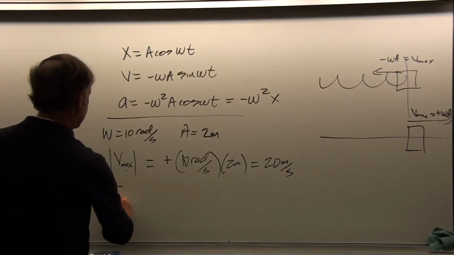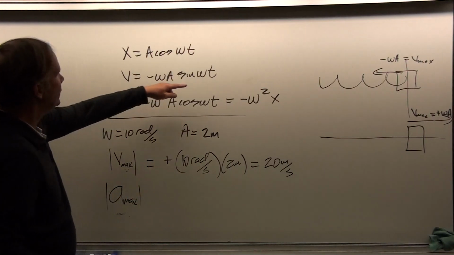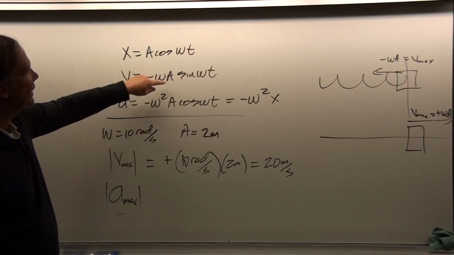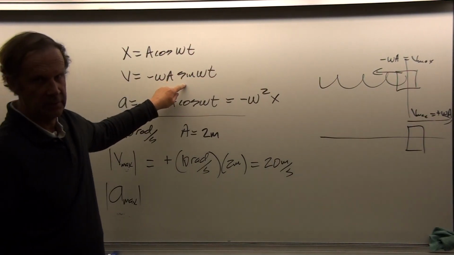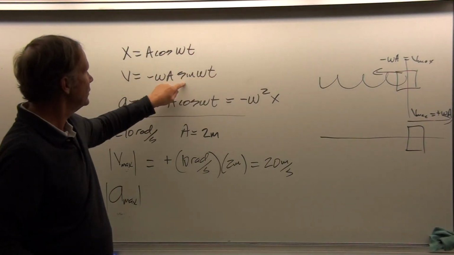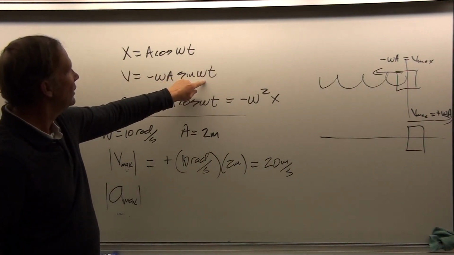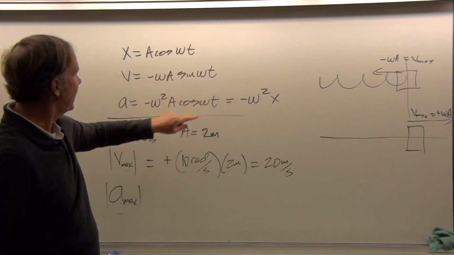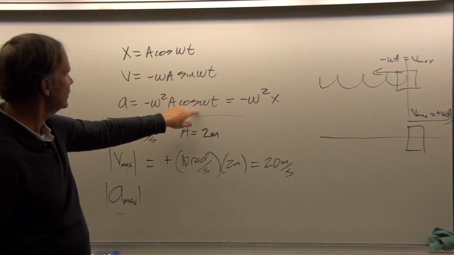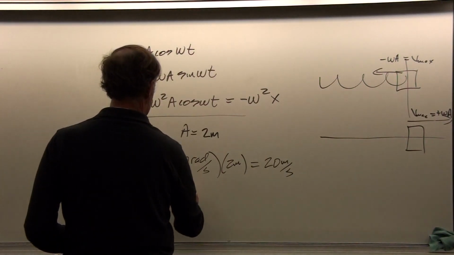The maximum value of the acceleration, and by the way, we know that this is true, that it has to be omega A, because the biggest value that the sine function can get to is 1. Okay, and so it can't get any bigger than 1. So therefore, V has to be Vmax when the sine of omega t is equal to plus or minus 1. Okay, and similarly for the acceleration, the A max would be minus omega squared A.